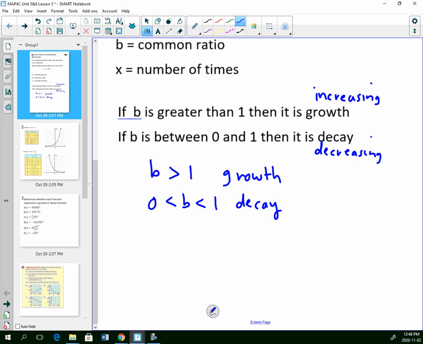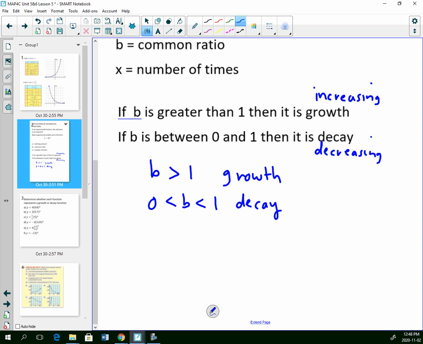So we don't talk about negatives because negatives do different things. We're not going to say if b is less than 1, because if b is a negative value, it's going to be a reflection, which is not the same thing. So we'll either say it's a whole number or it's a fraction or decimal. Okay? So, for example,